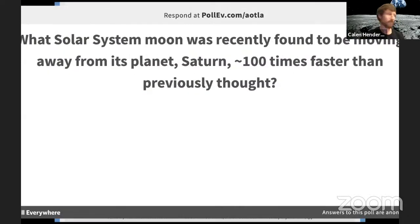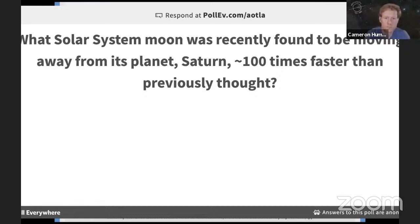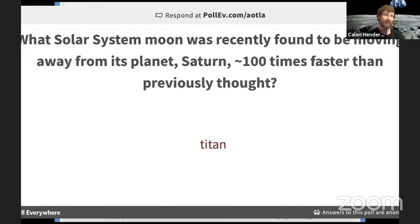All right, what solar system moon was recently found to be moving away from its host planet, Saturn, 100 times faster than previously thought? All right, what does everybody say? Ooh, it looks like we've got a lot of...